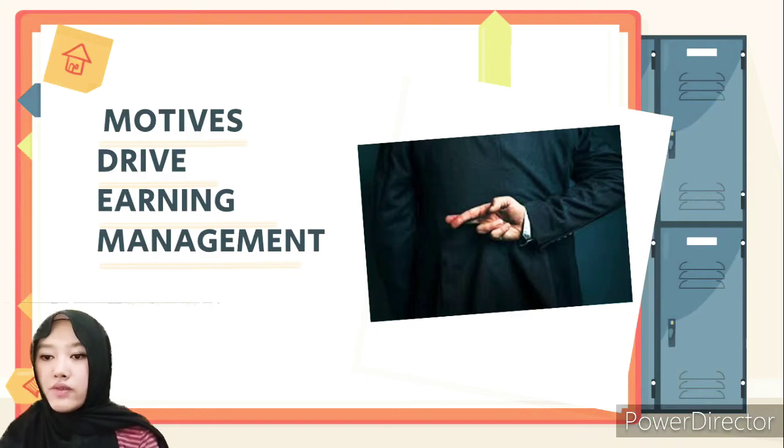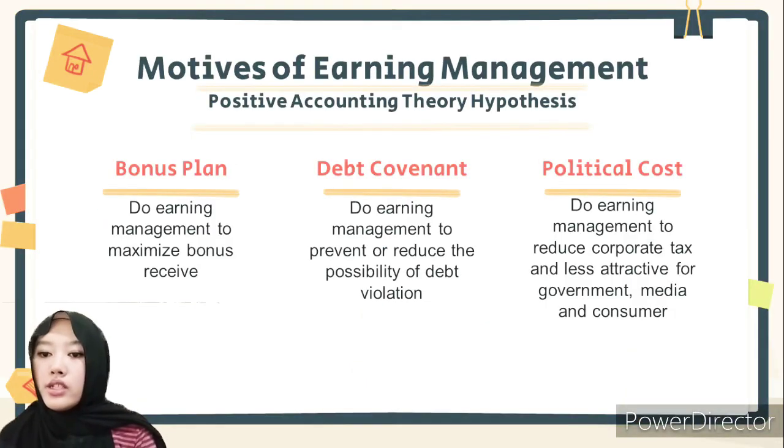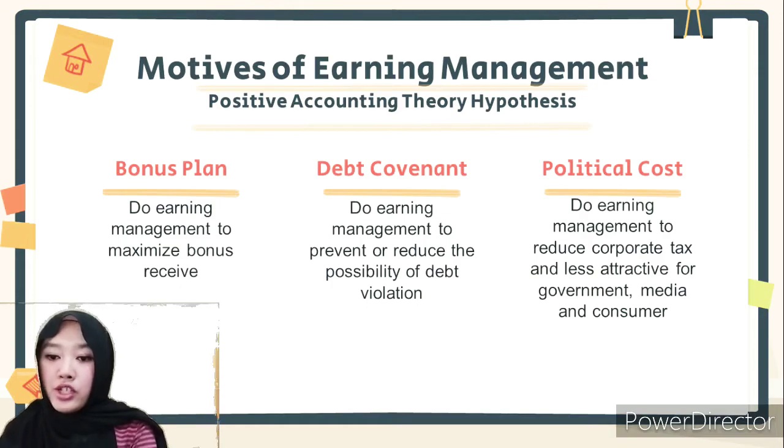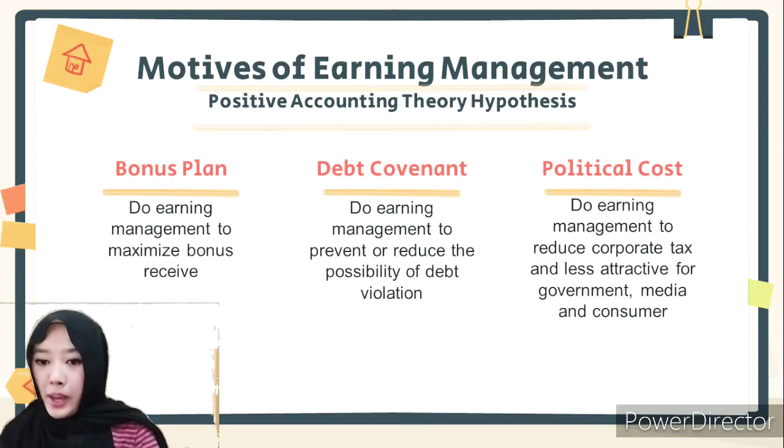And we move to the motives of earnings management. According to positive accounting theory, there are three hypotheses that motivate the manager to do earnings management. The first one is the bonus plan hypothesis, which is that managers do earnings management to maximize their bonus received. In the bonus contract, there are terms called bogey and cap. Bogey is the minimum level of earnings to gain a bonus, and the cap refers to the maximum level